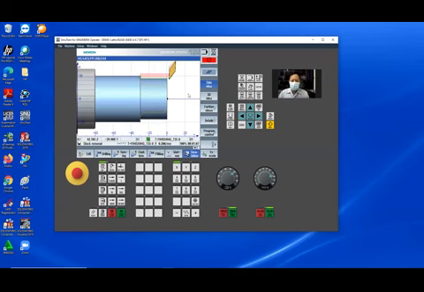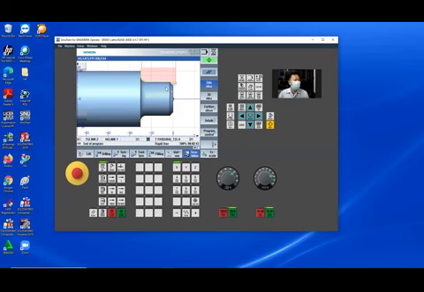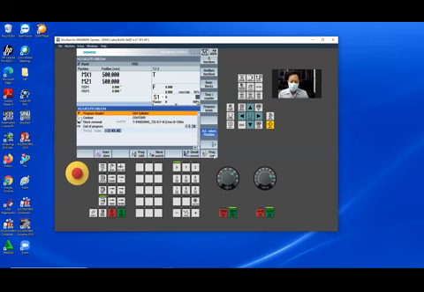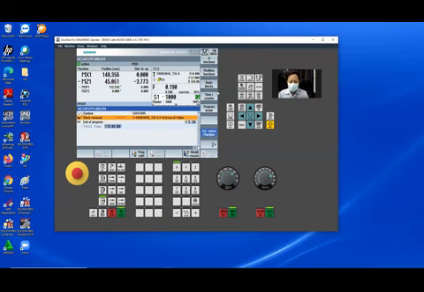Okay. Actually, this is only simulation. If you want to cut in the machine, you need to execute and then cycle start. If you want to see the G code, like this.